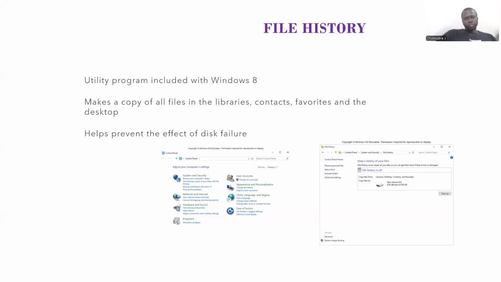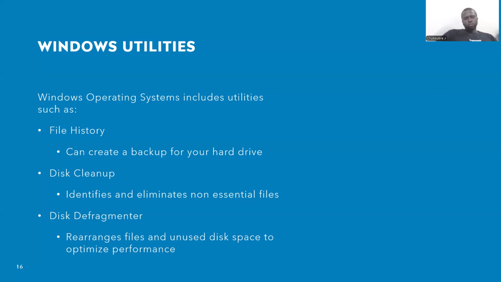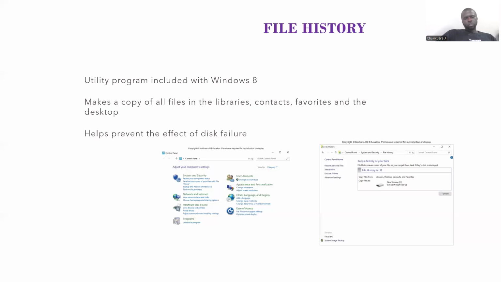And here is the explanation of each of the things we talked about here, like File History. What is it all about? It makes a copy of your files in the library, contacts, favorites, and so on and so forth. It helps you to prevent the effect of disk failure, so that instead of your hard disk running the different files and programs alone, it can conserve that. Okay,